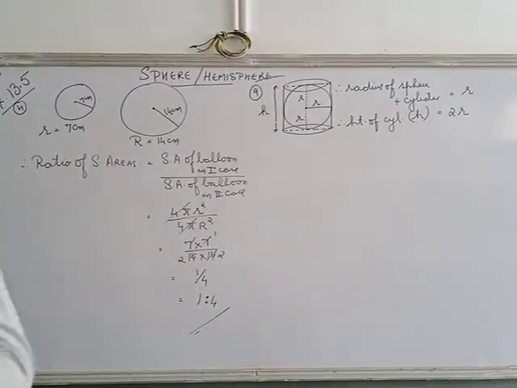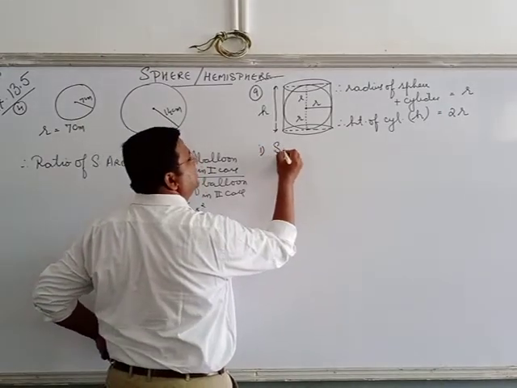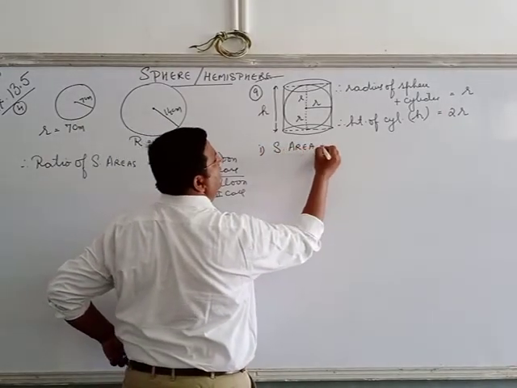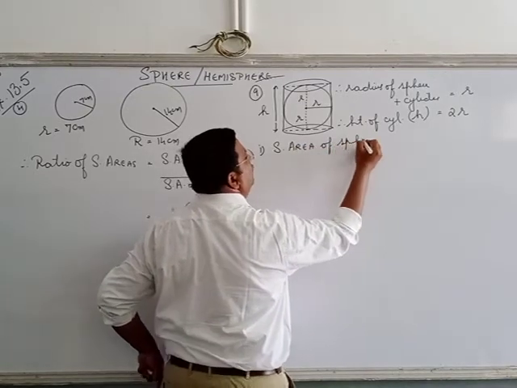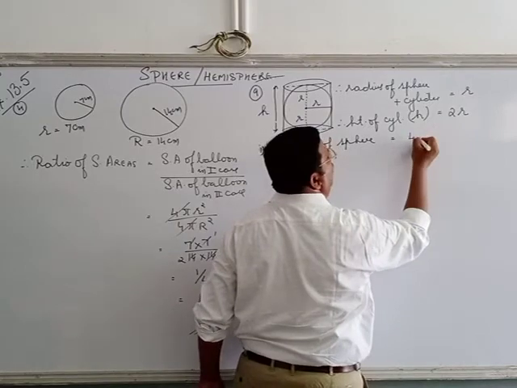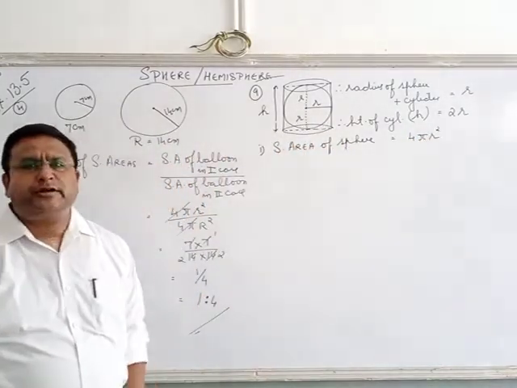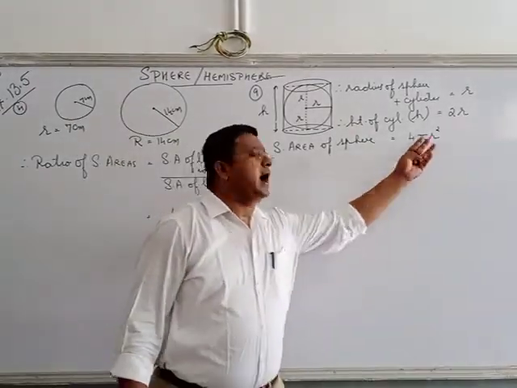He says find the surface area of a sphere. So nothing else, just the surface area of the sphere. What is the formula for the surface area of a sphere? It is in the form of r. It is 4 pi r square. The value of r is not given, we have to find it in terms of r.